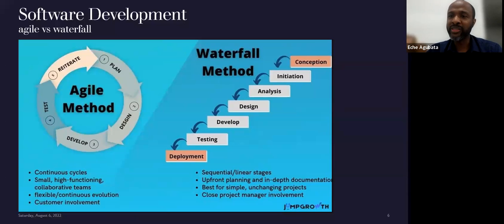And they said customer collaboration is more important than contract negotiation, meaning I take your satisfaction as more important than the currency or the scope stated on the contract. And then responding to change is more important than following a plan. Even in life generally, people that have advanced faster are those that have been able to respond faster to change, rather than those that want to stick to their plan. Even in your personal lives, I'm sure we all agree with that.